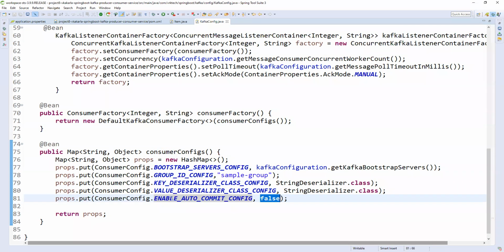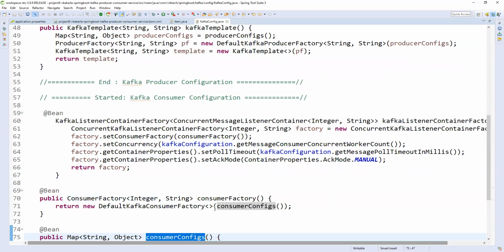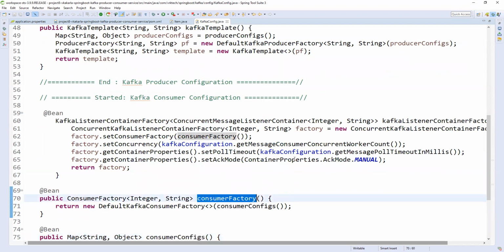So it should not auto commit. We are taking the value from the consumer, and that is what I mentioned here. Otherwise, it would come and delete the message from the topic, so we are disabling that feature by giving auto commit false. So this is the consumer config, and with the same consumer config we have a consumer factory. The same consumer factory we are configuring in the Kafka listeners.